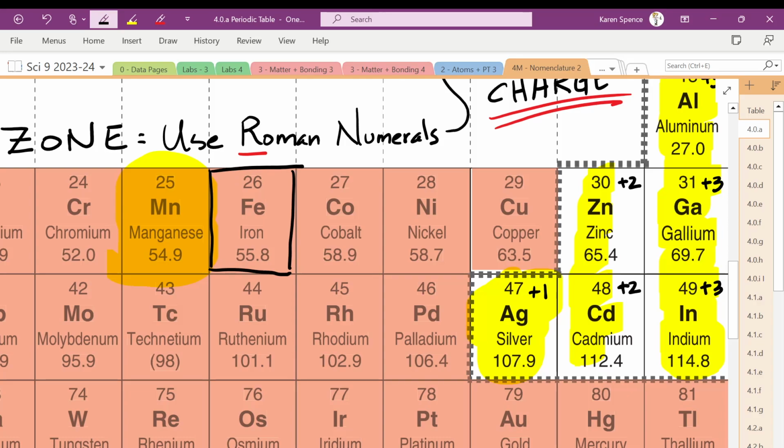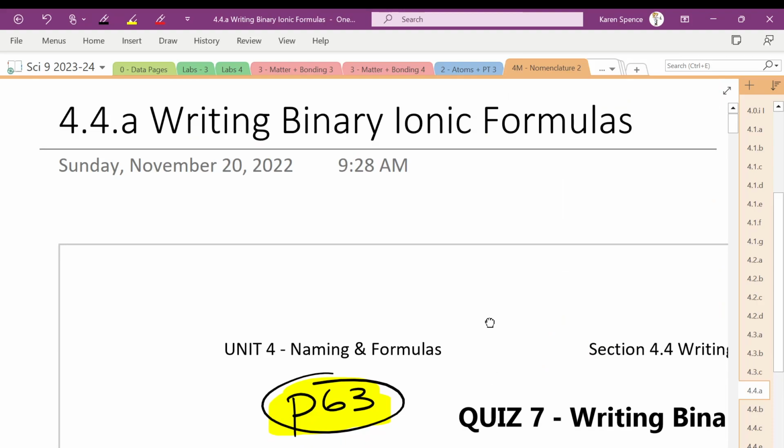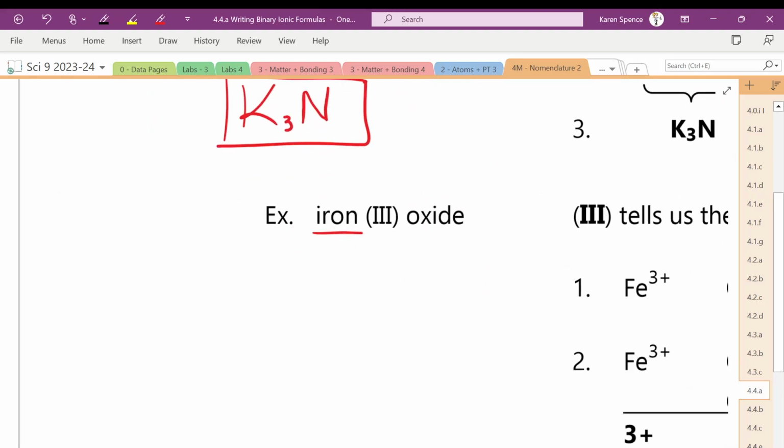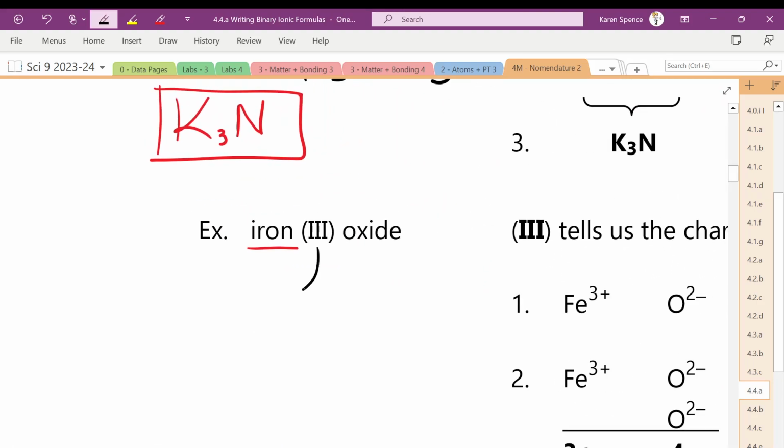It's in the red zone. So do we know the charge of iron? Not just by looking at the periodic table. So we need another solution. Fortunately, what does this little 3 tell us? That tells us the